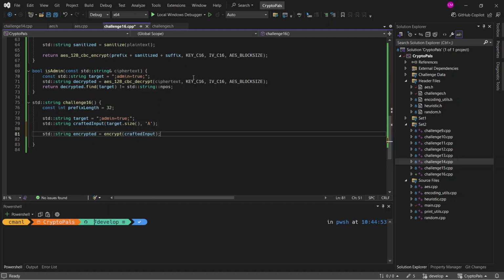Okay. Now what we can do, right, we can go in and flip the encryption that we just got. So what we will do is we're going to take each one of these characters and XOR it with this crafted input after it's encrypted. And that bit flipping attack will work. Now the reason why this works is a little bit complicated, but it has to do with how the XORing